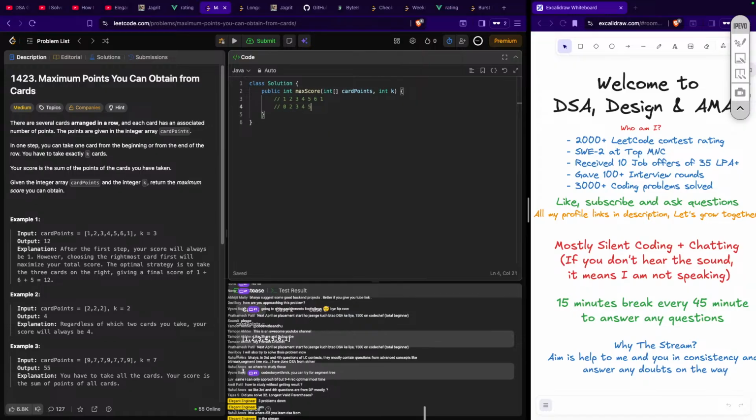Indices 0, 1, 2, 3, 4, 5, 6, and K is 3, right? Either you can take all of these three, or you can have these. So I'll try to call it a prefix and suffix sum, right? Pre-